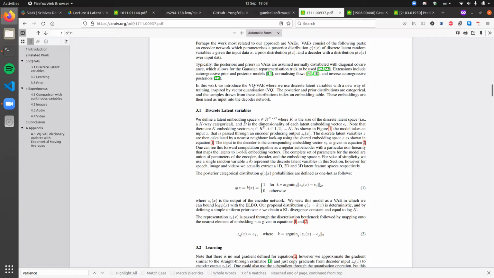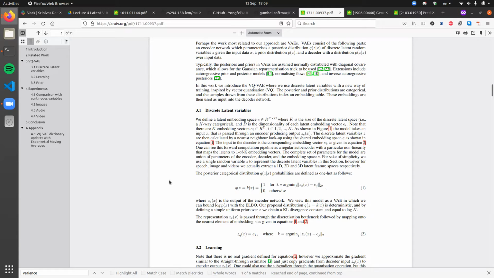Let's assume we are talking about just regular 1D data. I mean, not images, but just some data represented as a sequence of vectors, right? And then the encoder will output,